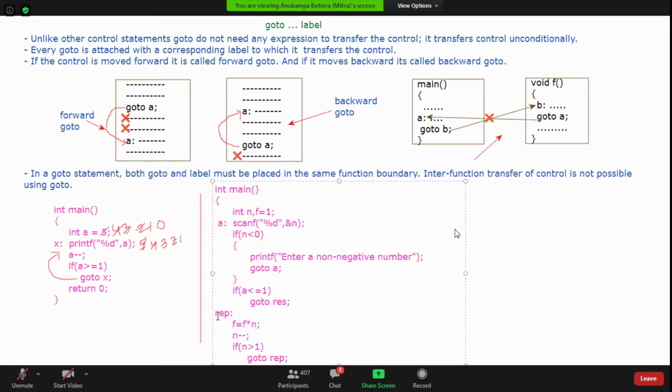I'll just take it out to a different part because space is not adequate.